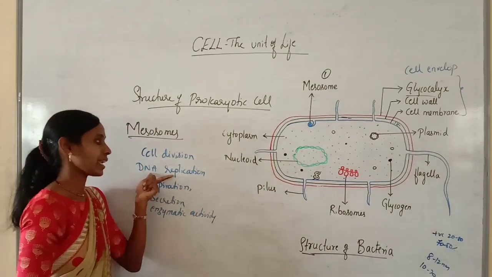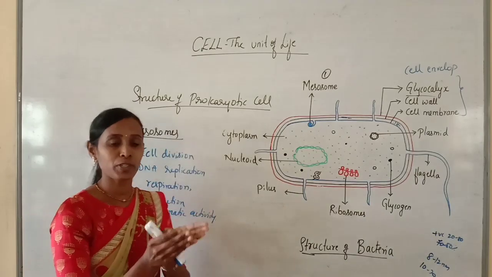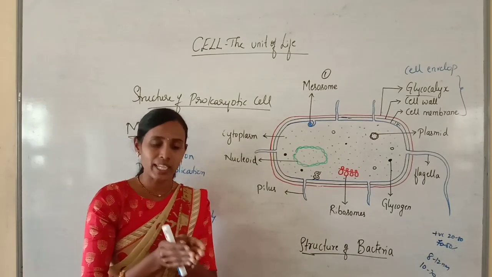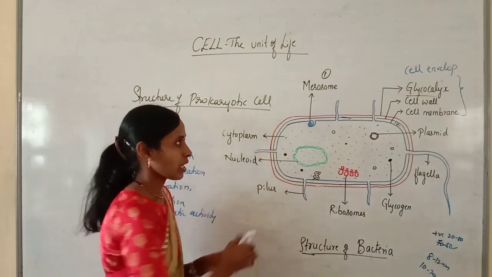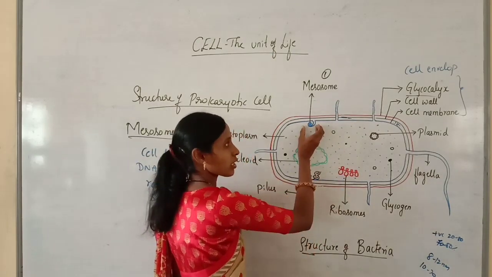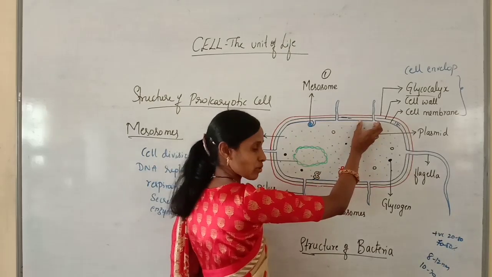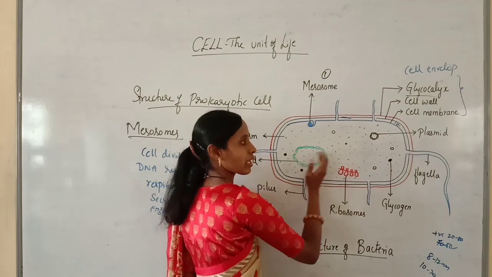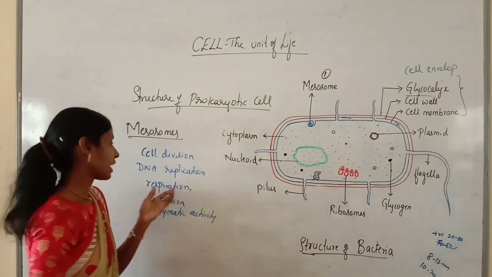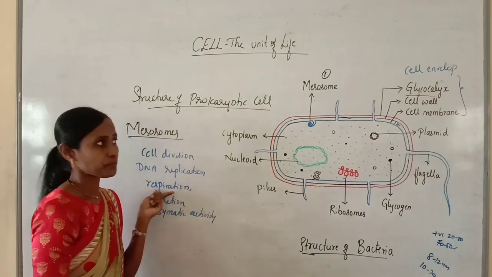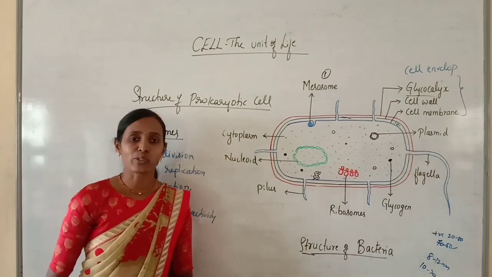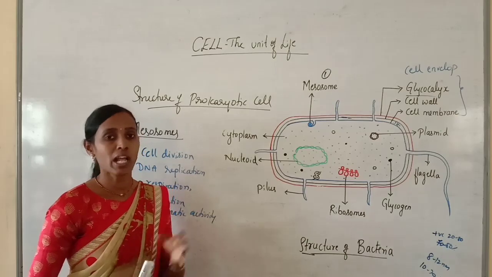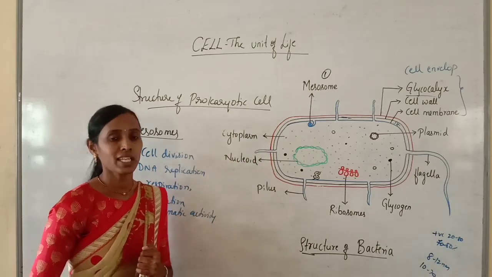Likewise, it helps in DNA replication. As it helps in DNA replication, it helps in distributing the DNA into the daughter cells. If this cell divides, here one mesosome is there, here one more mesosome, here one DNA and here one DNA. That is called distribution of DNA to the daughter cells. And they help in respiration. Mesosomes contain the respiratory enzymes like oxysomes. That's why they mainly help in respiration.